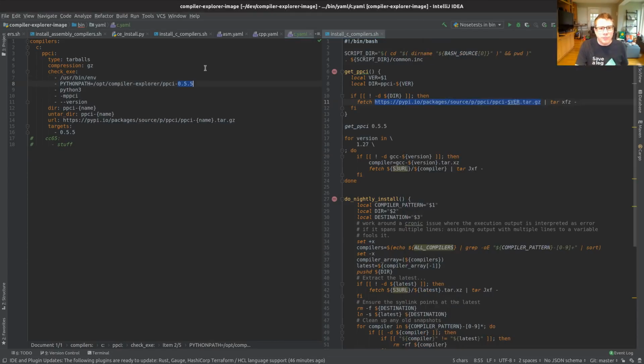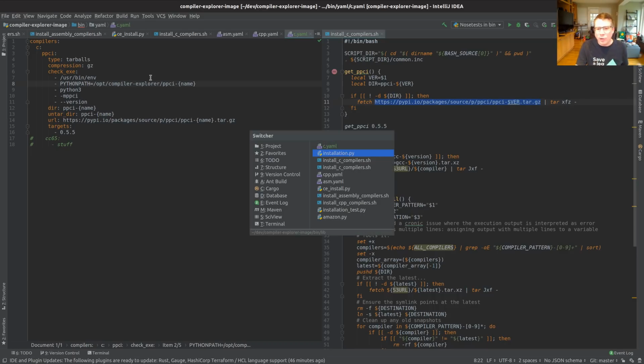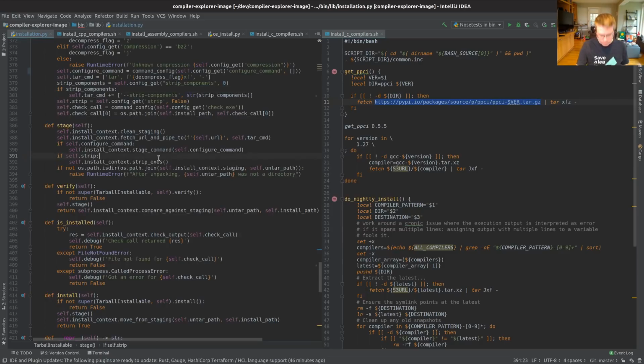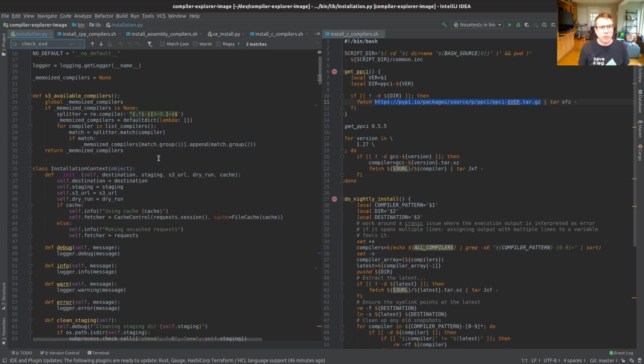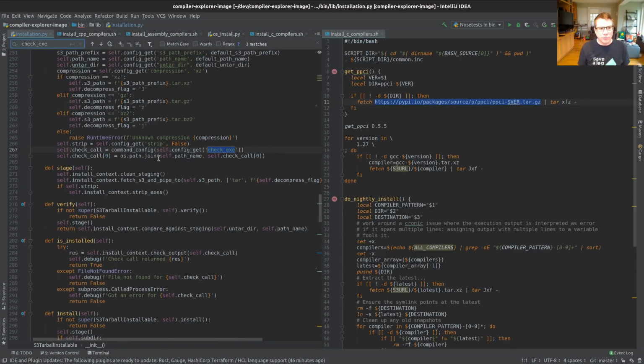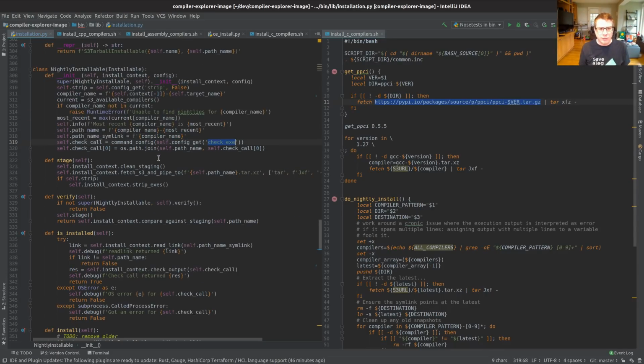I can obviously put -name in here, but that still hard codes this part of the path. So I'm going to go and make sure that this works properly. So where is the check exe thing all done in here? So check call equals that, and ospath join nonsense 0 command config. I don't think I even do. Oh, I do interpolation there. So it does do interpolation,